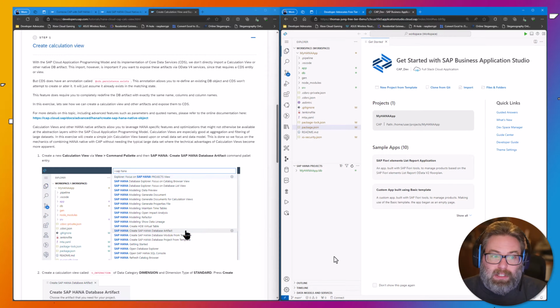Now, CDS syntax does have an annotation called @cds.persistence.exists. This annotation allows you to define or redefine an existing database artifact. And CDS then won't attempt to create or alter it when you do a CDS build or deploy. It will just assume that that artifact already exists in the database and it matches the state of whatever you